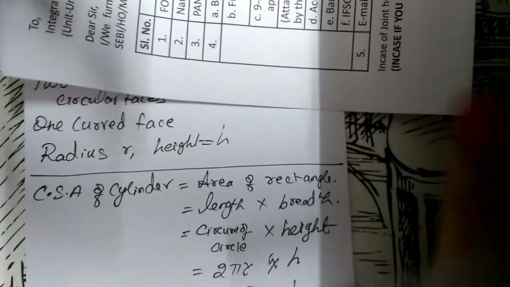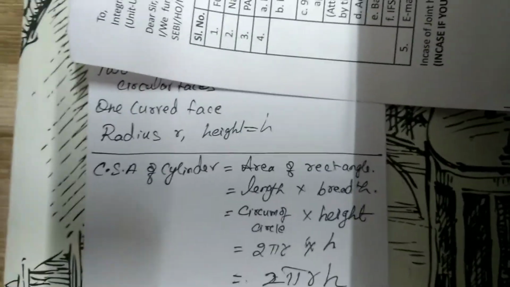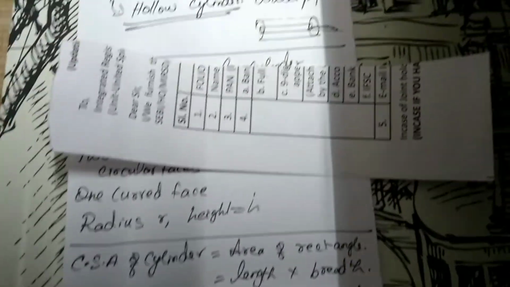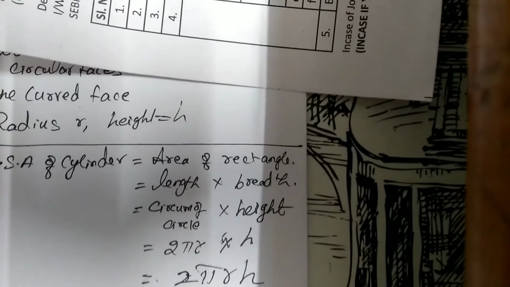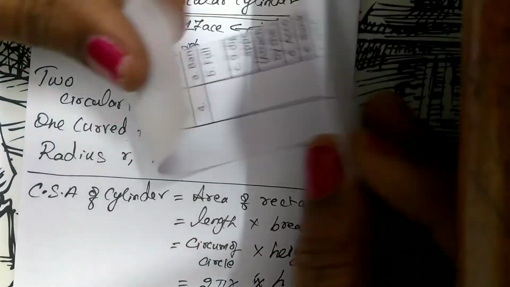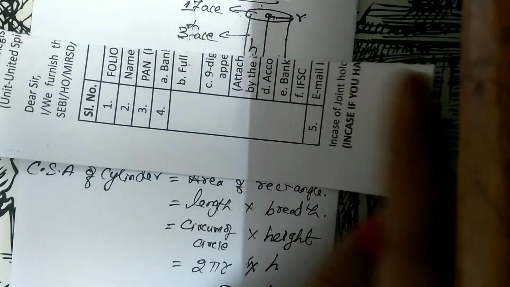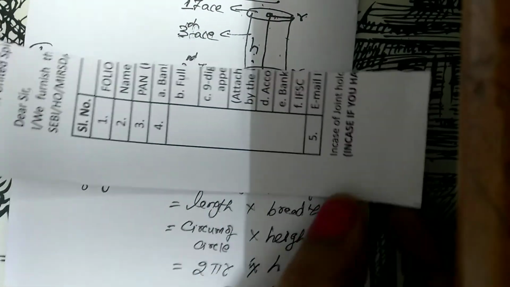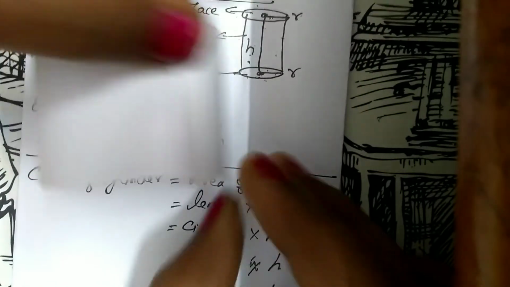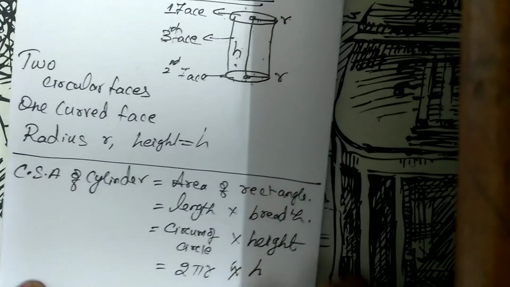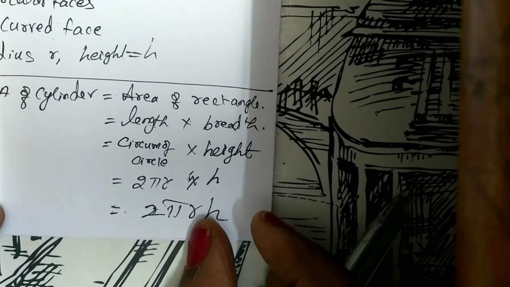So this is how we are getting it. So what is the curved surface area of a cylinder? We got the area of a rectangle. How are we getting it? I told you, the shape of a cylinder, when I open it, I get it into the shape of a rectangle. So this rectangle area, you know it as length into breadth from your earlier classes.